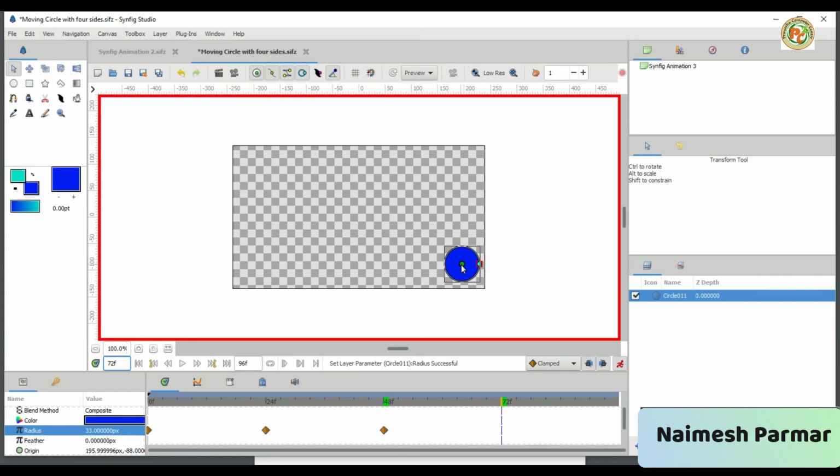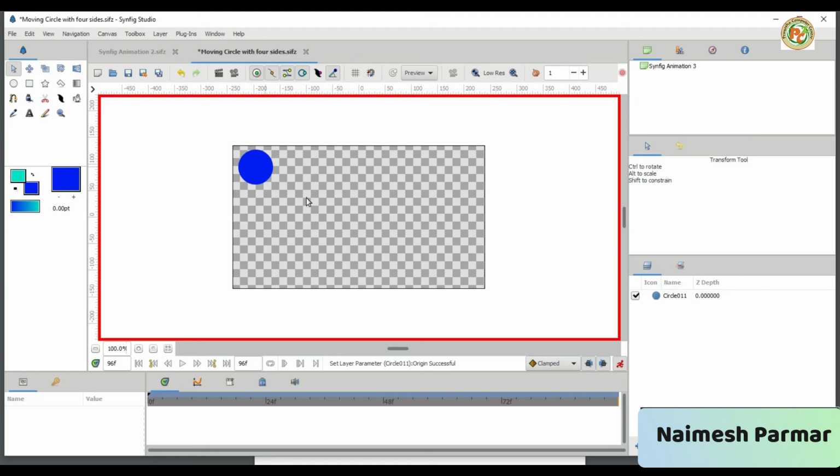Now moving by pressing the shift key and then move to the right side, left side again, and at that time it should increase in size, so we will increase the size. Okay, it should increase in size again, right? And at the end of that, we will keep it 4 seconds, 3 seconds done. Now 4s will be there, press enter, and then our animation will go from top to bottom again by holding the shift key, and then it will be there, done.